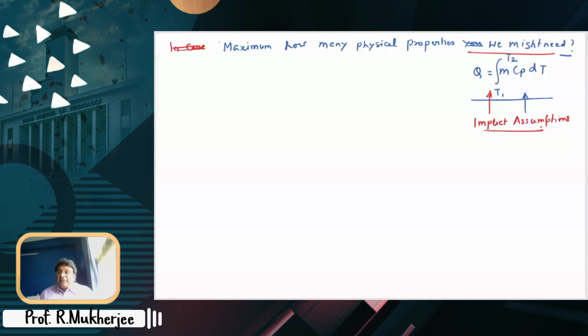Am I clear to all? As I told, this is a completely different perspective that I'm going to give you, and this is a far more realistic perspective. Is it clear? Great. So there was a question somebody asked, how many physical properties at max do we need? At most or at max? How many such physical properties